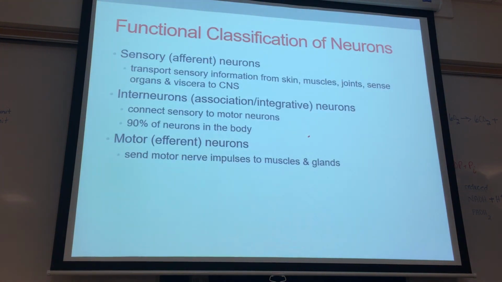So now with that being said, now that you know the structures of the neuron, let's take a look and tie that into the functional classification from the example that we talked about earlier with the incoming car. So here you see that we have the sensory neurons. Sensory neurons have one function, which is to transmit energy that takes place in the external environment or the internal environment of our body. It's conveying that sensory information back over to the central nervous system. So in the case of feeling cold, right? Or let's just say